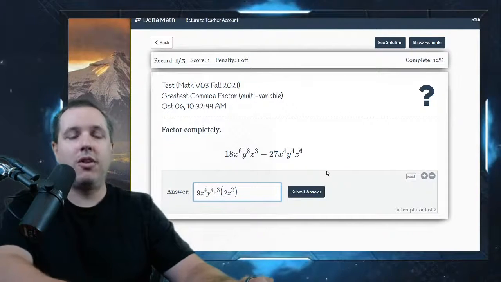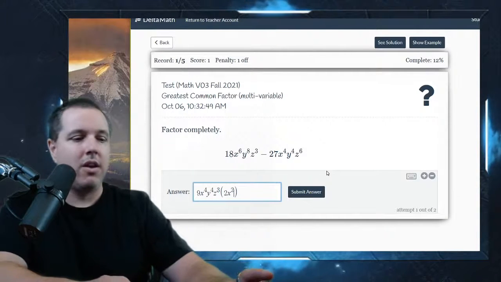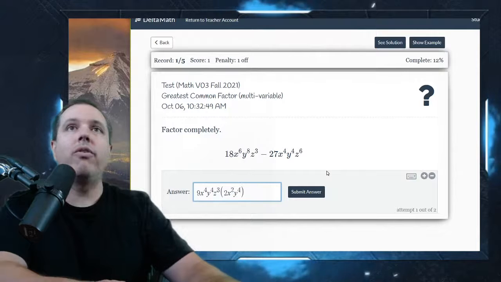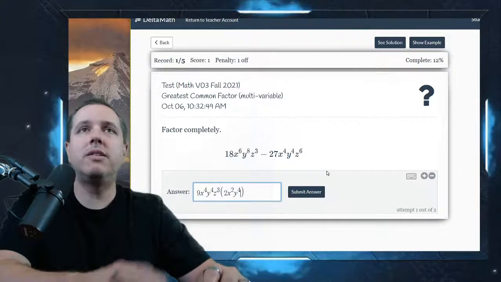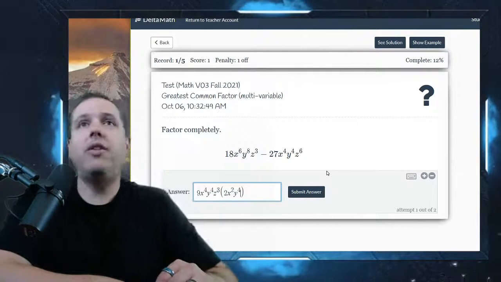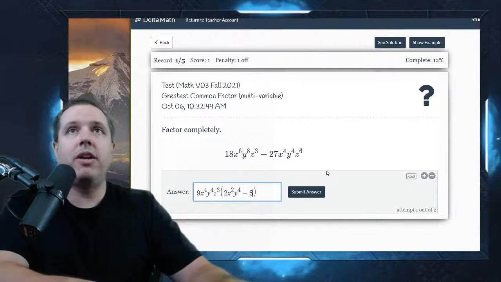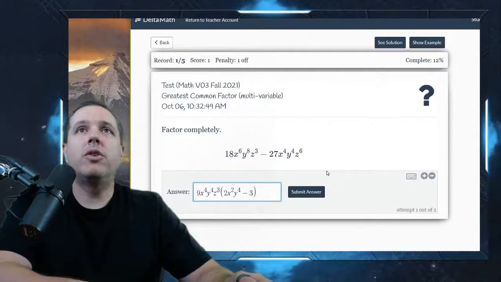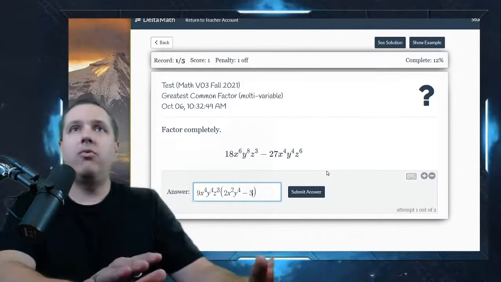I'm used to another piece of software, I think it's Desmos, where you don't have to keep doing that. Y to the 4th. And then z's, we took out all the z's. So 18, x to the 6th, y to the 8th, and then z. And then minus, so 27 divided by 9 would be 3. We took out all the x's, we took out all the y's, and we took out